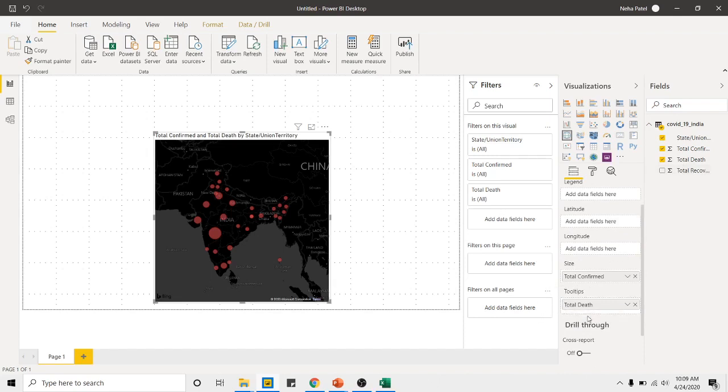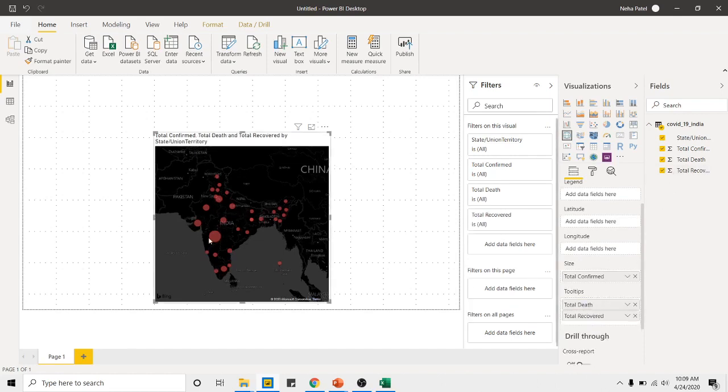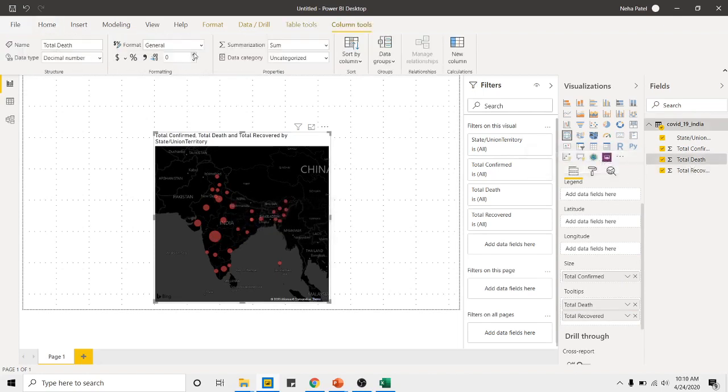That's why I don't need to perform the summarization function. Otherwise you need to perform a sum function. So here now you can see that this data is showing with true precision. If you don't need that, you can just select 0. And also with the recovered I want this. So now